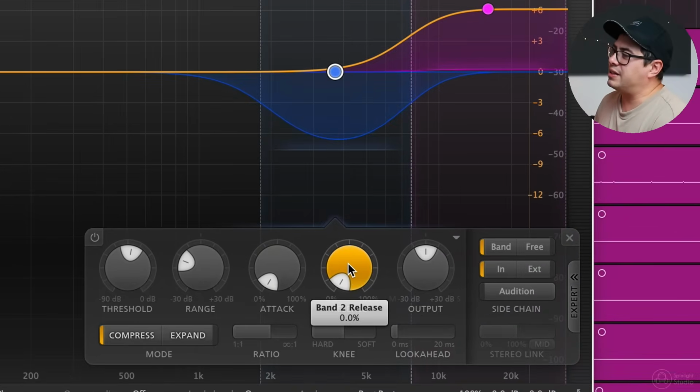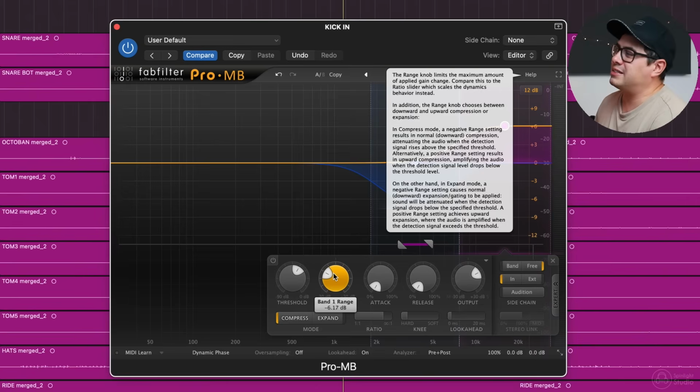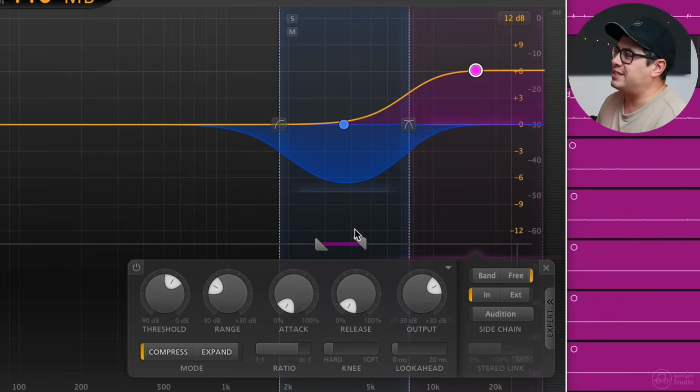Fast attack, fast release. So this is where the fun's happening. We've got a second band, a high shelf from 7.6K. We're boosting up 6 dBs, but we also have the range set to -6 dBs. And then we've basically got it in those de-esser settings again. Fast attack, fast release, and we've got it in free mode, so it gives us our little band that sets